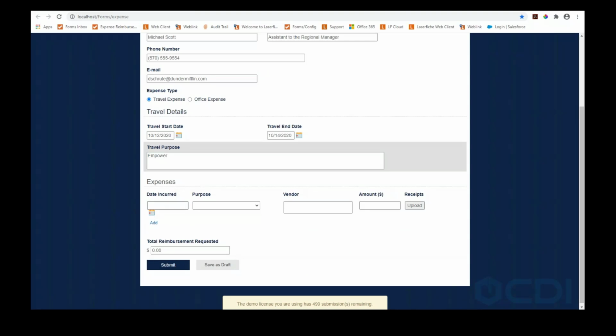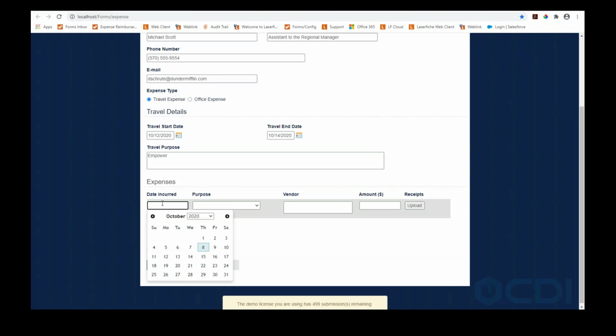Next down here, we have a section for the actual expense lines themselves. Now, I've seen this done a couple different ways. Some are just go ahead and put in the receipt and the total amount. Other times, I know it's important to itemize everything, that some will be eligible for repayment, some won't. So that's certainly something to think about also, that if you wanted to have an option over here that says is eligible to be paid out, then yes or no. You could also have specific items, but in this case, I'm more or less just saying that I incurred an